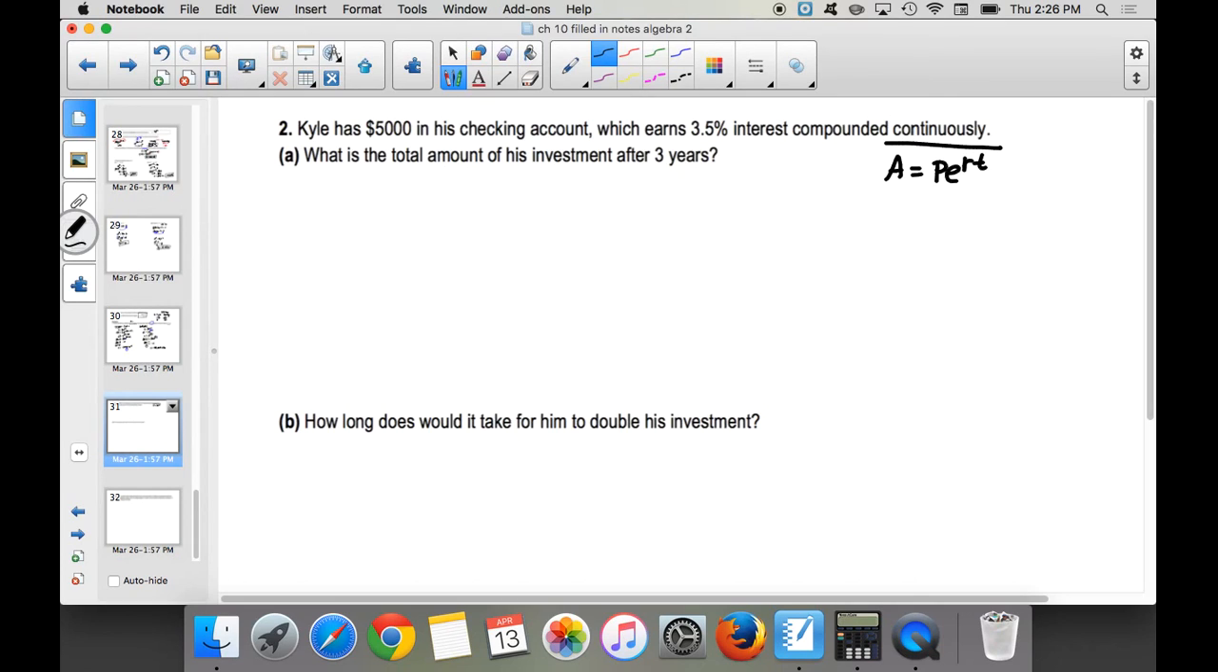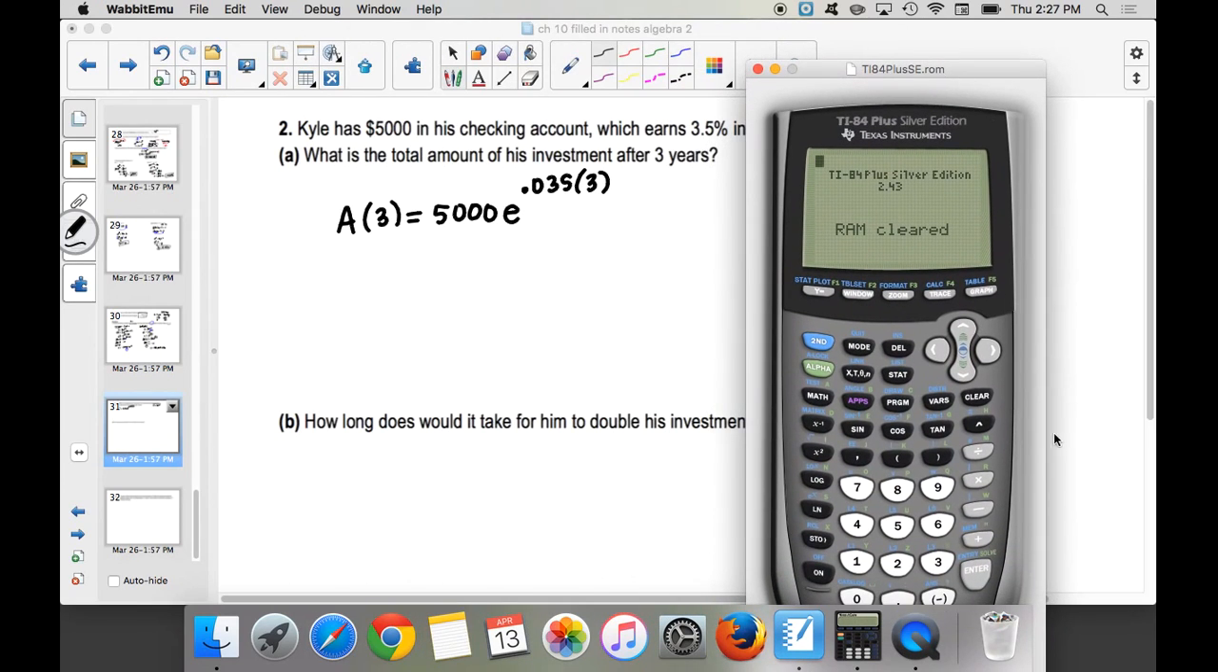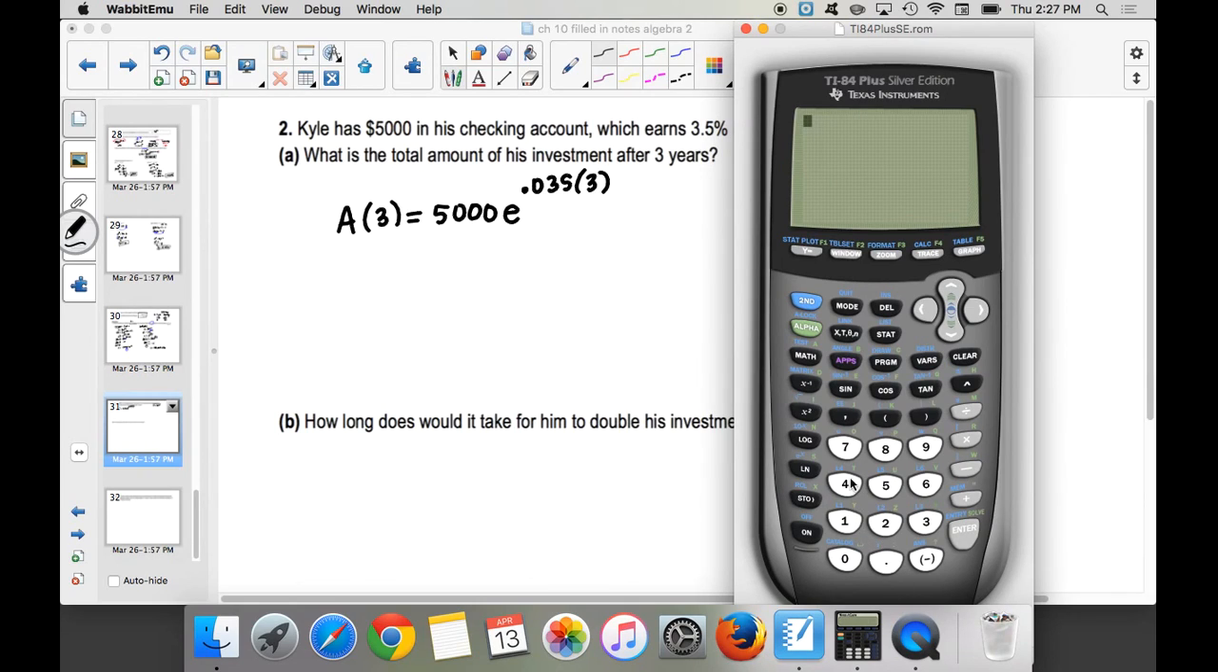So it says, what is the total amount of his investment after 3 years? So we're finding the amount after 3 years. He put in $5,000. We have e instead of the 1 plus r over n stuff. So we have e to the r, which is 0.035, times t, and t is going to be 3 in this case. So be careful with putting that into your calculator, because if you make a mistake with parentheses, as you guys can see how I put 0.035 times 3, your calculator will do that according to the order of operations. So if I put in 5,000